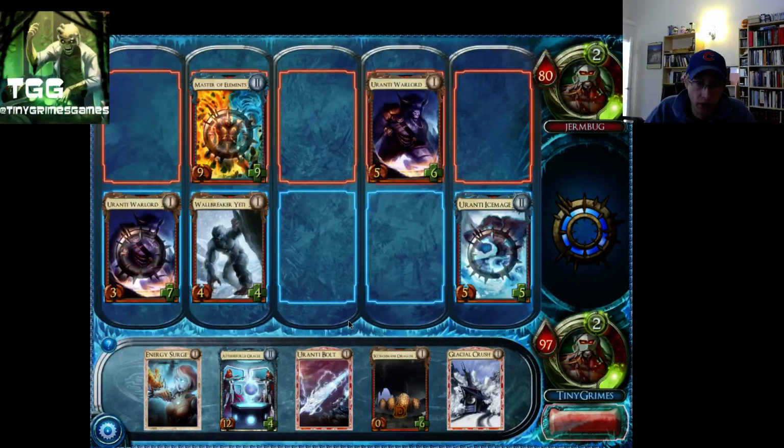Alright, so who's getting crushed? That's really the question. Which one of you guys wants to get hit with Glacial Crush? And then the other one, Oracle gets to level Energy Surge. And I like that. So on play level 3, I will have an...